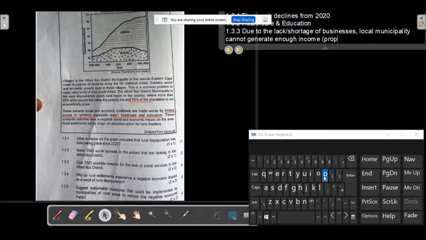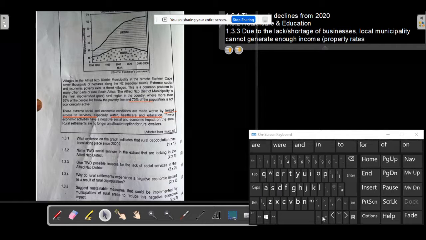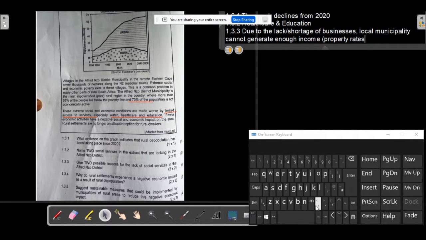People who buy properties have to pay the municipality charges, and fines like traffic fines or whatsoever go to the local municipality. So, to provide